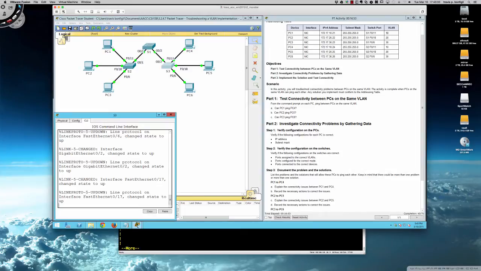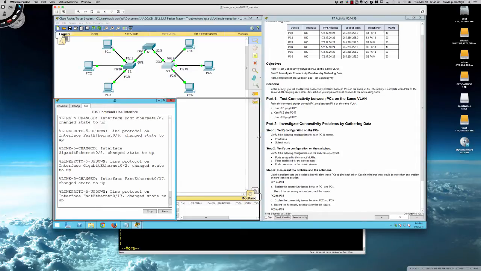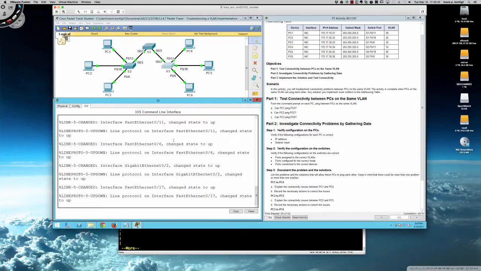So what are some of the problems that we've seen? So we saw that PC3 had the wrong IP address. We saw on switch 2 that one port was in the wrong VLAN and that the gig 0/1 port was set up as an access port. So we had multiple issues there. Then on the switch 1 side, we had the gig 0/1 interface was an access port, so we've resolved that. Now let's take a look and see what switch 3 is going to tell us about some of the issues